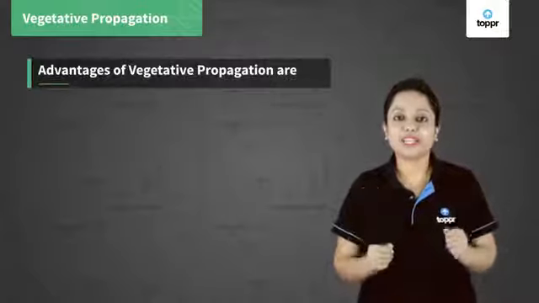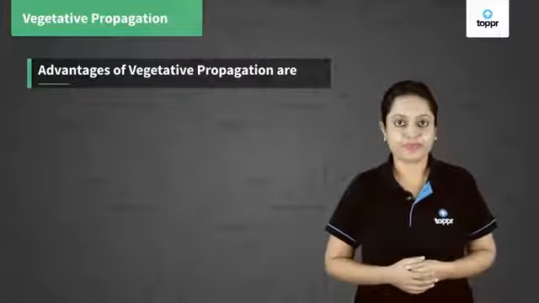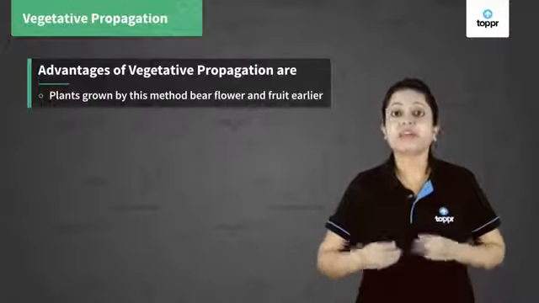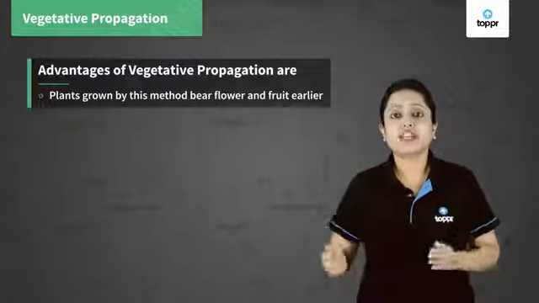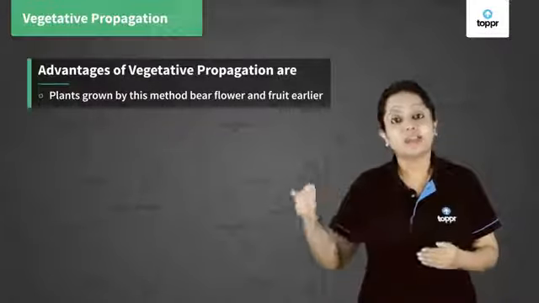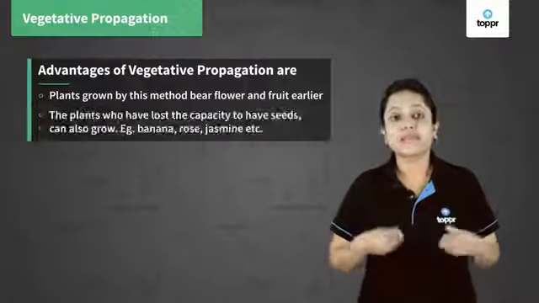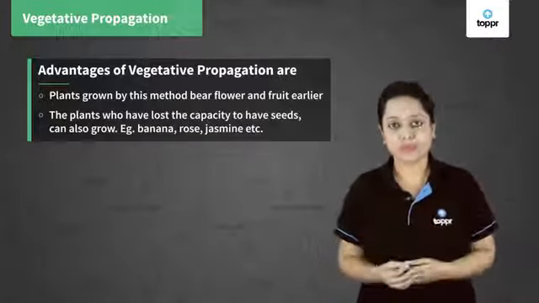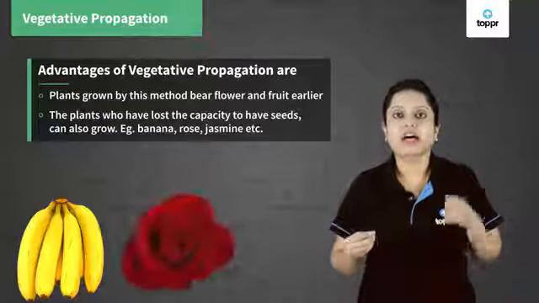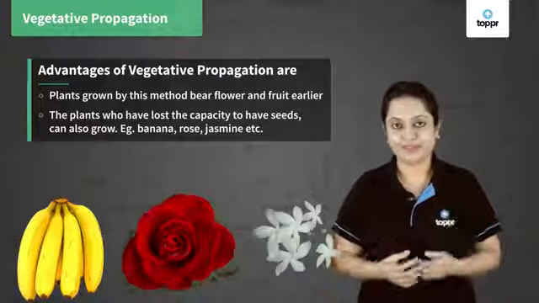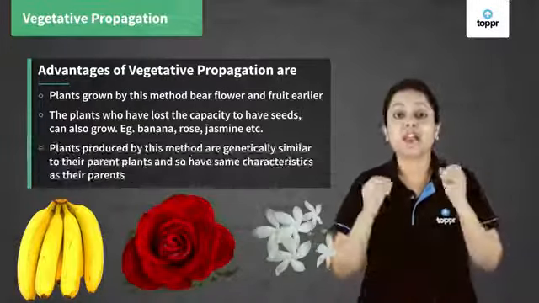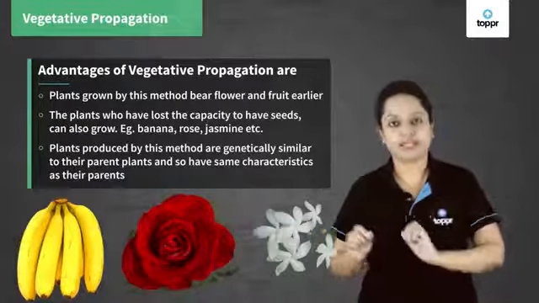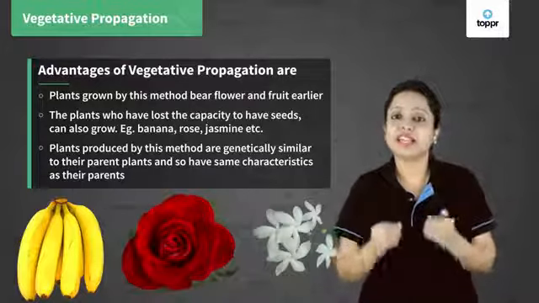There are many advantages of vegetative propagation. Like, first, the plants can bear fruits and flowers at a much earlier stage than other plants. Second, the plants which have lost the capacity to bear seeds can also grow. For example, banana, rose, jasmine, etc. And third, the plants produced by this method are genetically similar to the parents and so they share the same